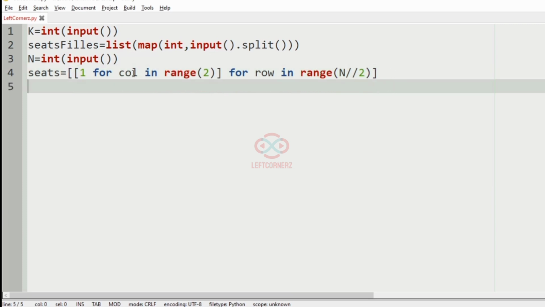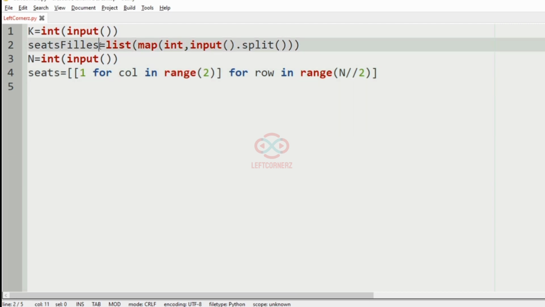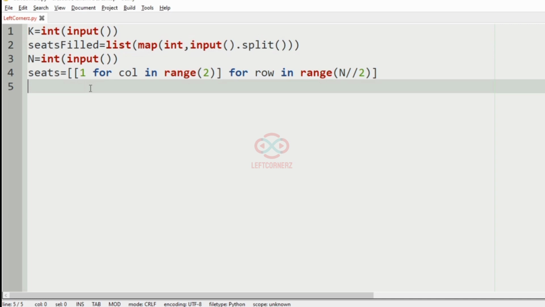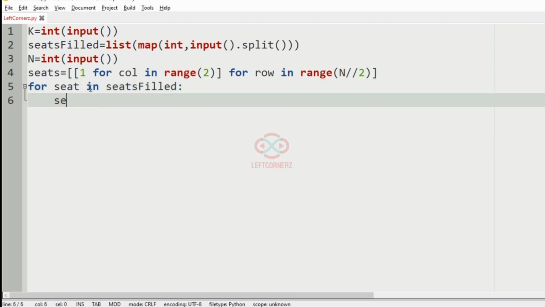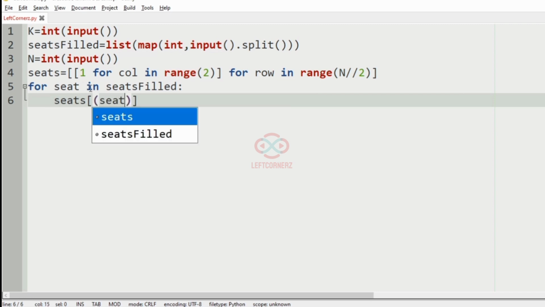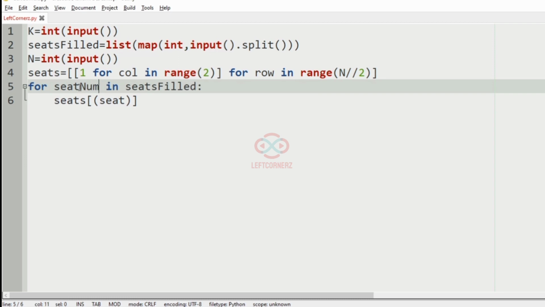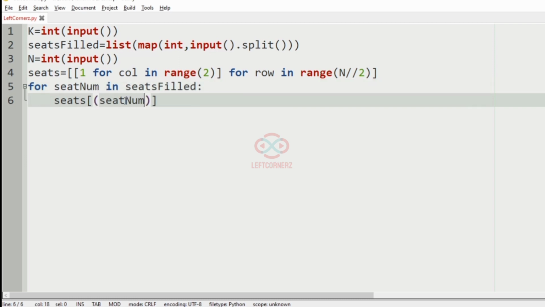Now to check the total number of ways, we have to do some calculations. So we are using a for loop here: for seat num in seats filled, seats of seat num plus 1 divided by 2 minus 1, and 1 minus seat num modulo 2,